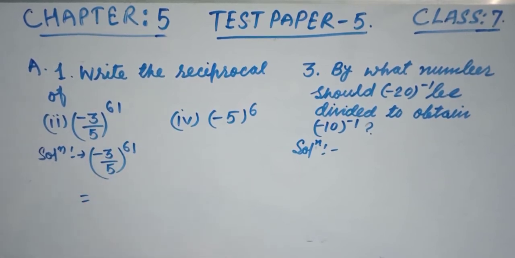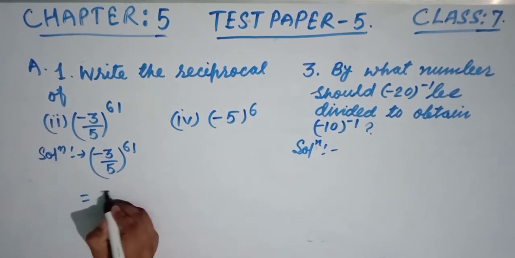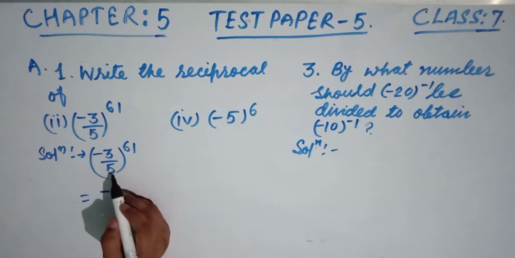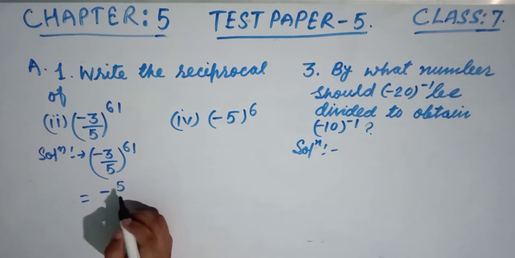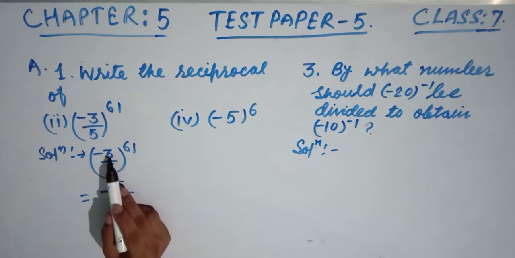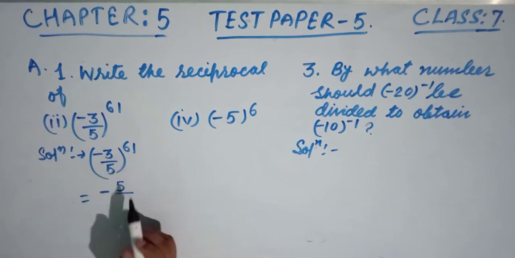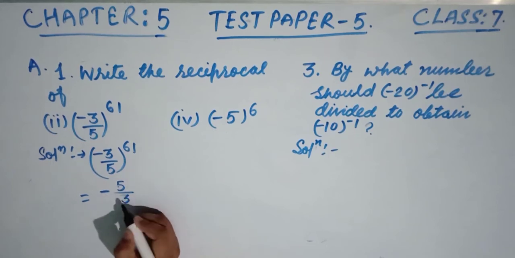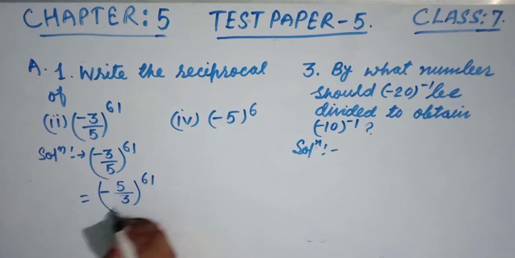So it is very simple, friends. We have to replace the numerator with the denominator and the denominator with the numerator. The minus sign stays as it is. 5 goes up, meaning 5 is in the position of denominator and we change it to the numerator, and now 3 is here in the numerator. Now we exchange, this will come here. So this is your answer, friends.